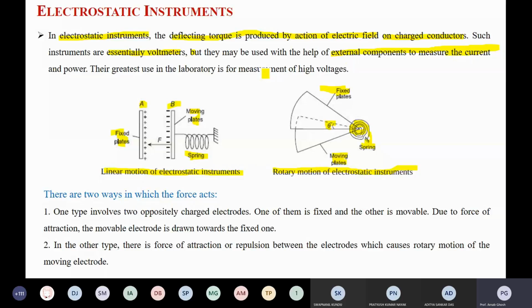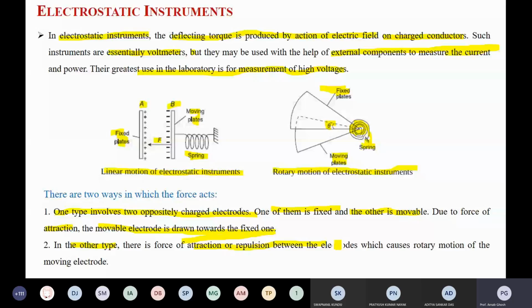Due to force of attraction, the movable electrodes move towards the fixed one. So what happened? They attract each other, coming from plate A to plate B or plate B to plate A. Because plate B is movable and A is fixed, B always comes towards the A plate. In the other type, there is a force of attraction or repulsion between the electrodes, which causes rotating